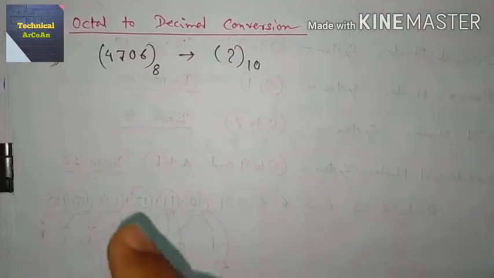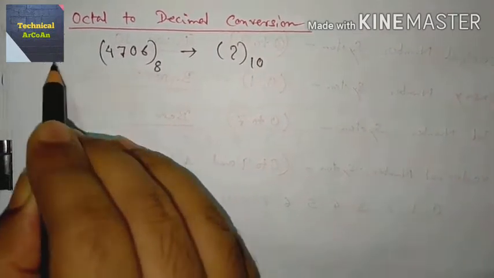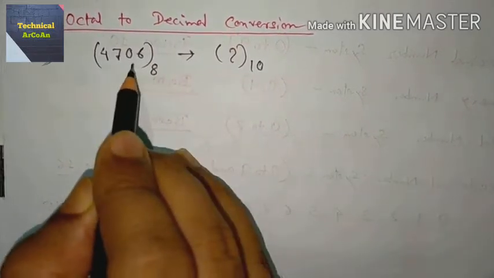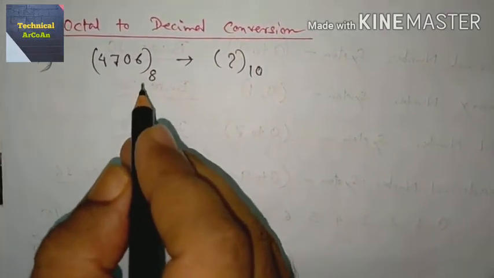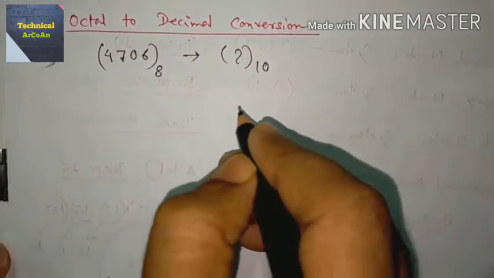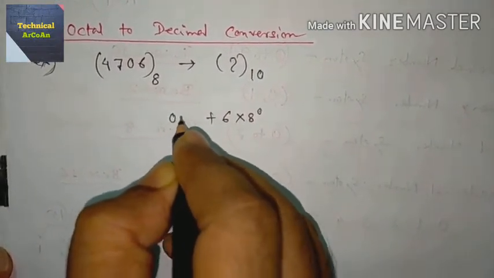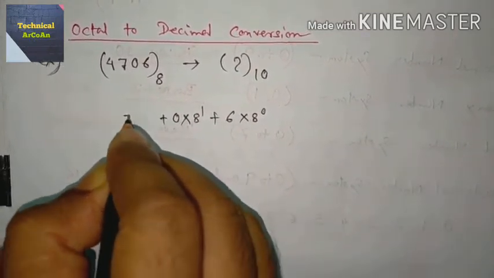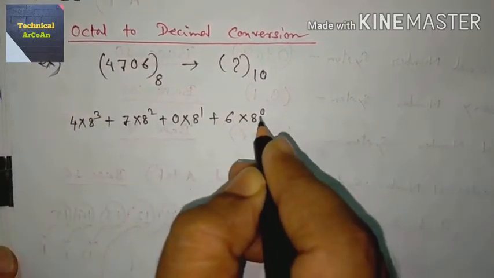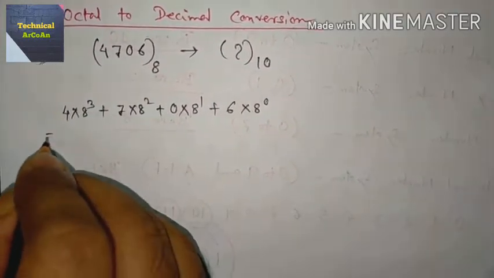So this is the conversion from binary to decimal, and the number should be pure. Now we convert octal to decimal. The number for this example is given in octal, and we want to convert it into decimal, where this number is a pure number. The same rule will be followed as I already told for binary to decimal conversion. At first, 6 into 8 to the power 0, increasing power of 8. Next 0 into 8 to the power 1, next 7 into 8 to the power 2, next 4 into 8 to the power 3, increasing power starting from 0 and multiplying each digit of the octal number.